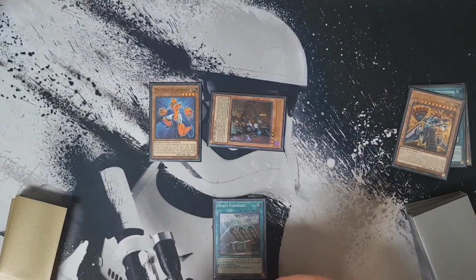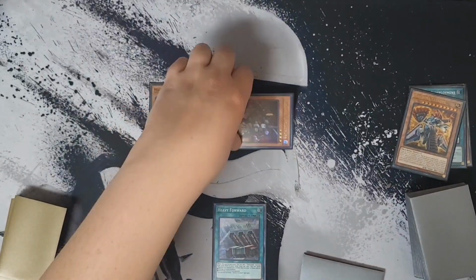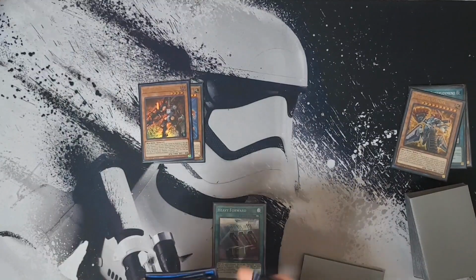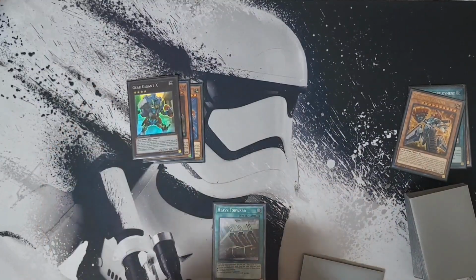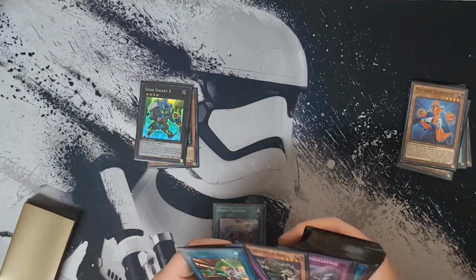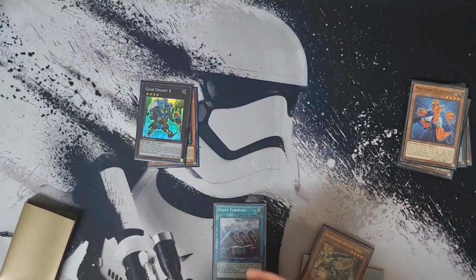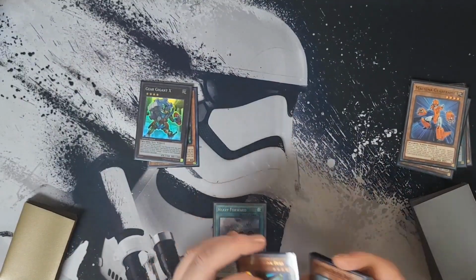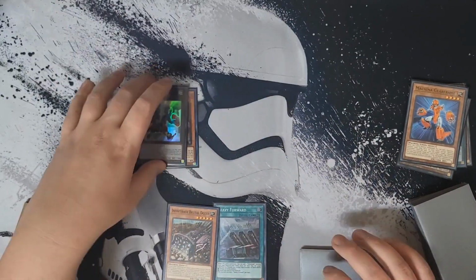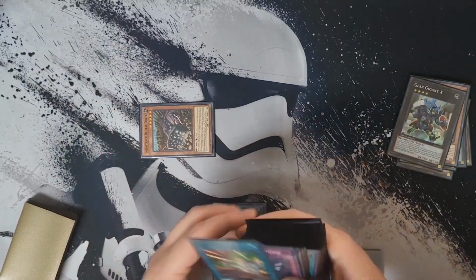So from here, we're going to overlay into our copy of Gear Gigant X and detach a material. We're going to add our copy of Anchor Drill to our hand. Now we're going to activate the Brutal Dozer, tribute our Gear Gigant X to summon itself, then summon another